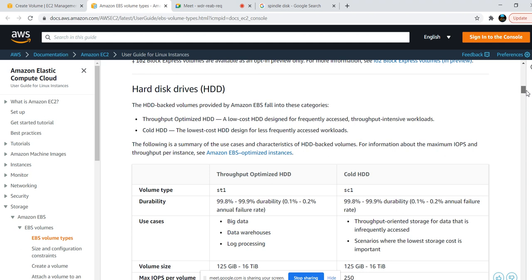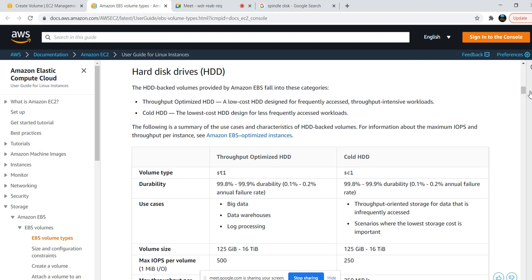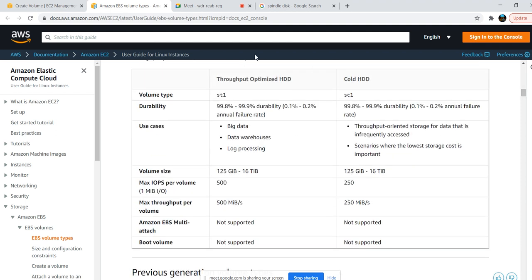Cold HDD is like our data warehouses, our godowns in our areas, same like this. If you want to store the data and you don't want to worry about it, just for storage purposes, then use this cold HDD. It is the lowest cost HDD designed for less frequently accessed workloads. If you keep goods in our godown, we can't go and get them back daily. Whenever there is a requirement, quarterly, thrice, or monthly once or twice, we'll go and get the goods from that godown. The same way here also we will use it. These are the codes they have given for that one. You don't need to remember these codes, you just remember the name.